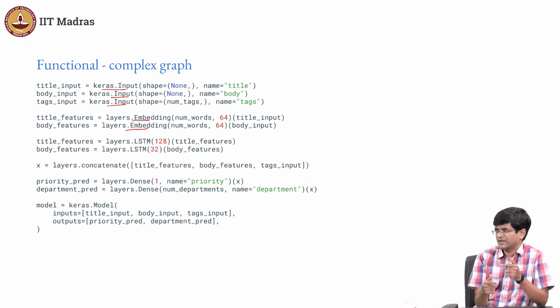After that comes the hardware optimization, right? And there, if I have things like this embedding and LSTMs and so on, the good thing is, when I use Keras, I can directly rely on TensorFlow, as somebody else has done the job of writing a very good function for LSTM, right? Which means that I can just use that function LSTM directly and hope that it will run very efficiently on my hardware, right? In some cases that works, in some others it may not work as well as required.